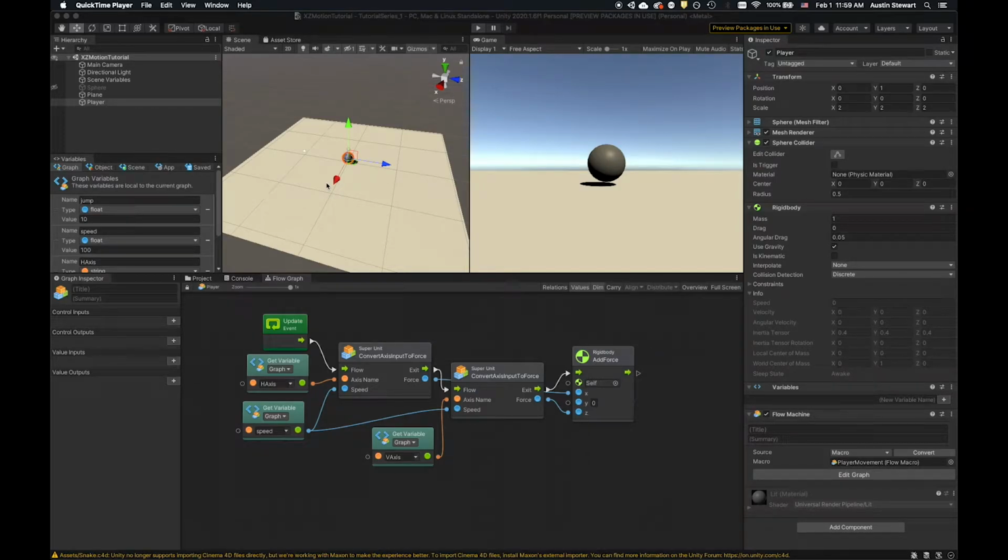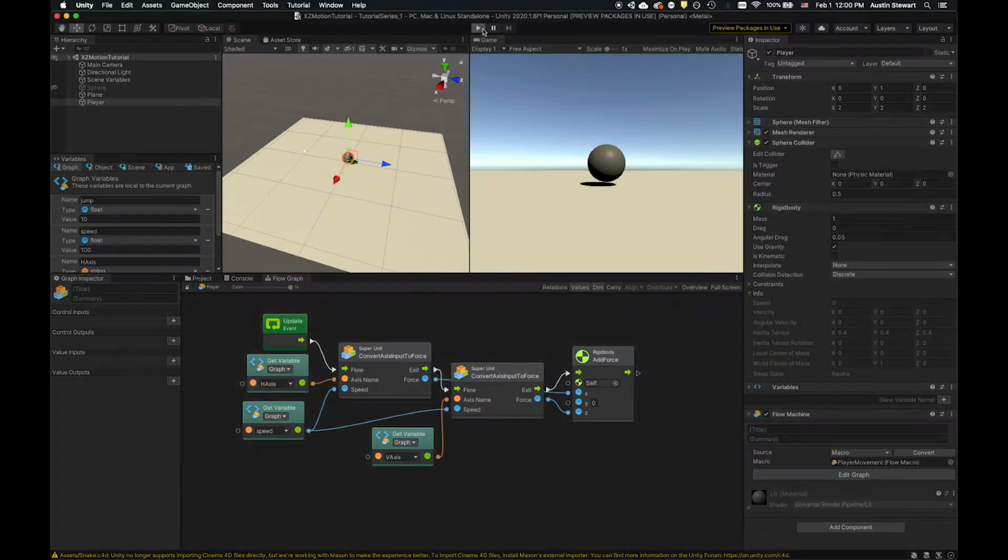Okay, so in the previous tutorial, we made it so that we can move this object, this player, in the X and Z directions, right? So we have X and Z direction motion, and we can jump from a previous tutorial. Now the issue is, when we're looking through the scene window, we can see what we're doing, but if we look through the play window,